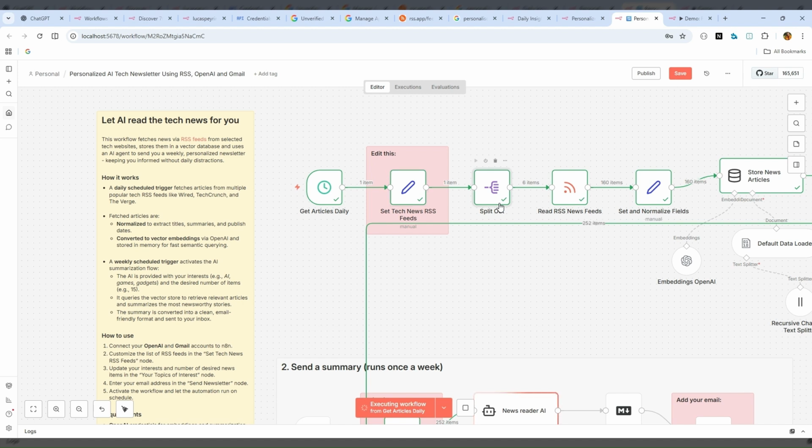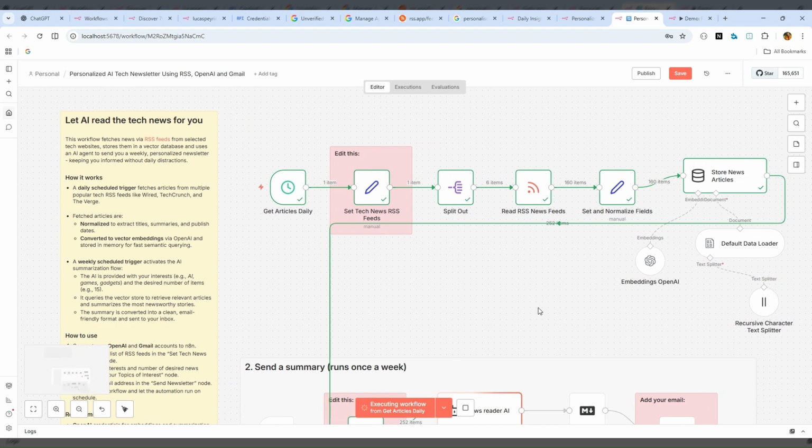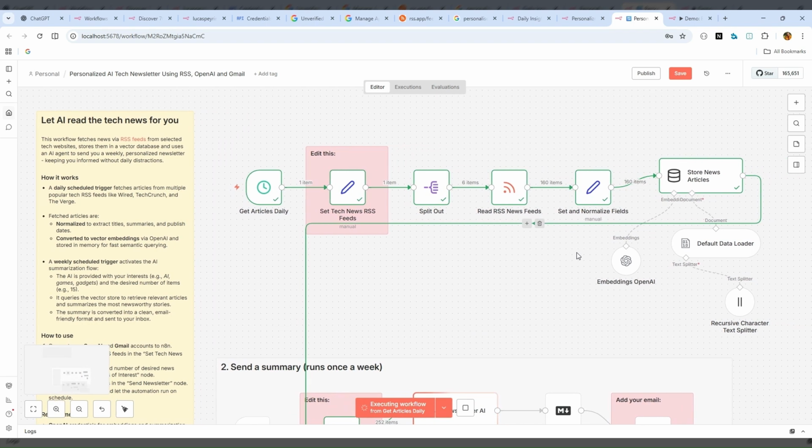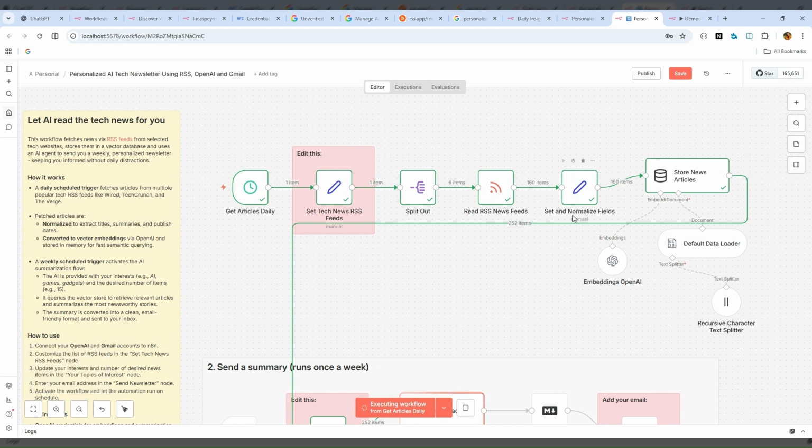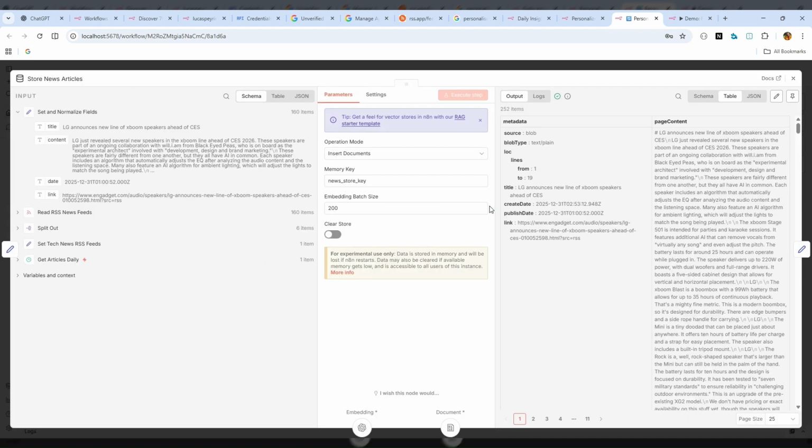Then it splits down all the websites that we have, and then it reads the news feeds on an individual basis. And then after that, it goes to the next step where we normalize the inputs that we receive from these RSS feeds, and then it stores the data as news articles into the database. So the database is storing those